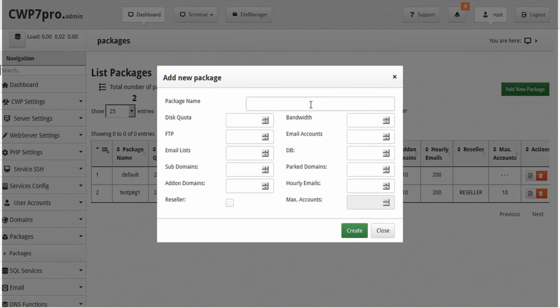So from here, we have to give our package a name. So we'll call this standard. And then we'll set our disk quota and bandwidth, our FTP, email accounts, email lists, database, subdomains, parked domains, add-on domains, hourly emails,